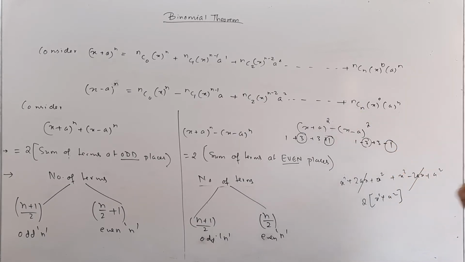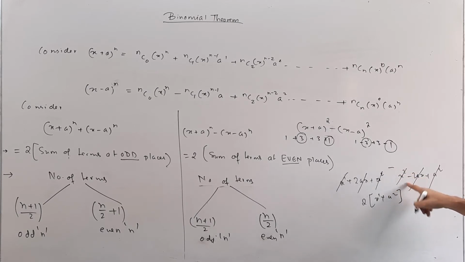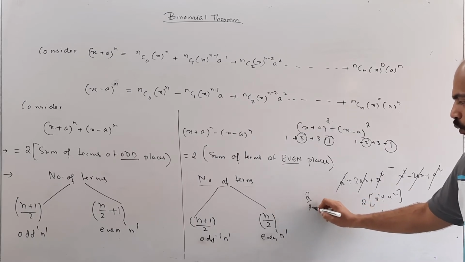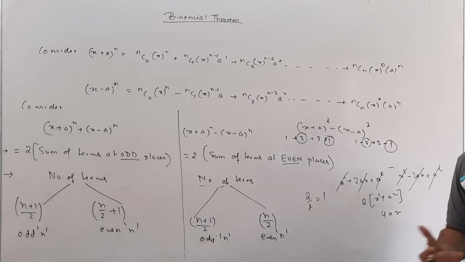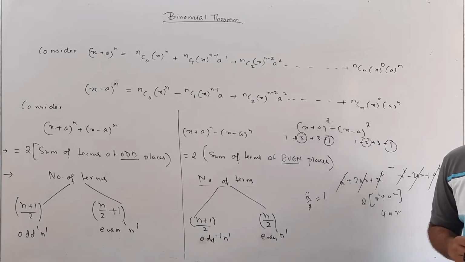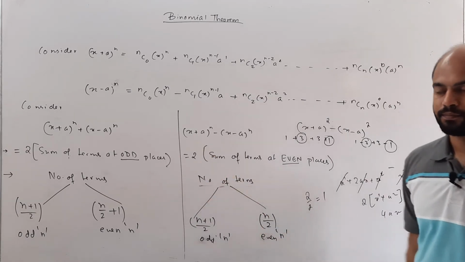We are just going to get 1 term, because these 2 terms will be subtracted now. This will go and this will go, this will go, this will go. So this, now since there is a minus sign, this minus minus will become plus, and what we will get is 4ax. So we just get 1 term, and so if the number of terms are even, as you can see, 2 by 2 is going to be 1. So we are just getting 1 term. So in general, this expression was explained with the help of simple powers 2 and 3. In general, you have to remember all these conditions.